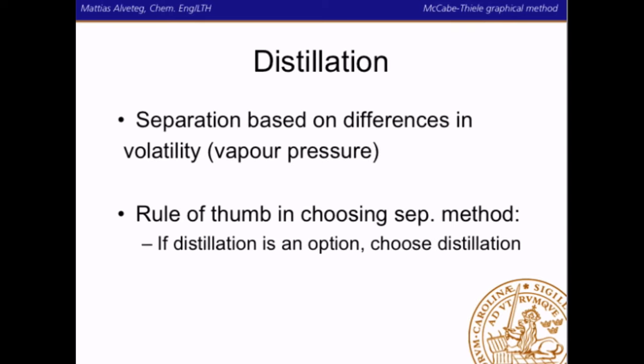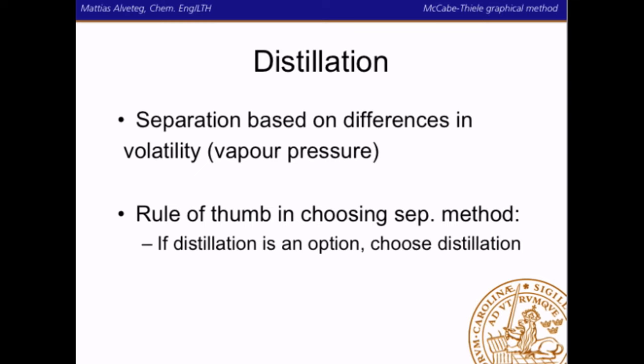And distillation is a separation process based on differences in volatility or vapor pressure. A rule of thumb is that if distillation is an option, then choose distillation, because distillation is a very well researched separation method, and there is a lot of knowledge out there of how you can use distillation in different circumstances. Energy is an issue in distillation, and we will come back to that after Christmas when dealing with heat